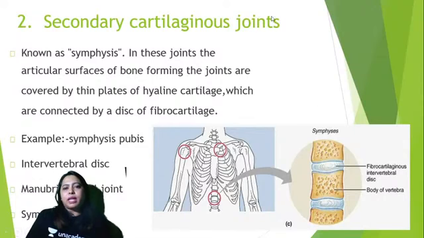Okay, it has got the same refractive index as the glass. So it has a glossy appearance, and the cells and the fibers are actually present in the matrix, but they are not seen because of the same refractive index. And that's why, since it looks glossy and glass-like, it is called hyaline cartilage. And because of the blue color, the name is given. Okay, so this is about secondary cartilaginous joints. So symphysis menti is also mentioned here.